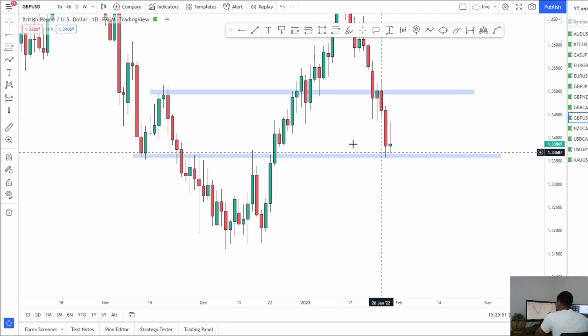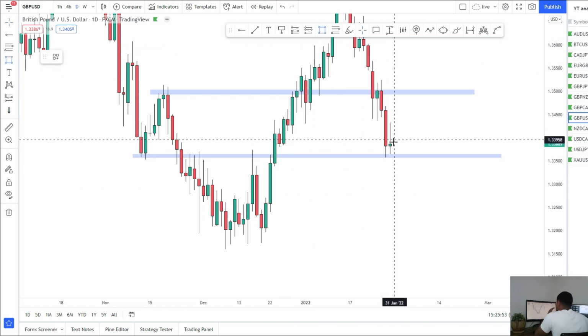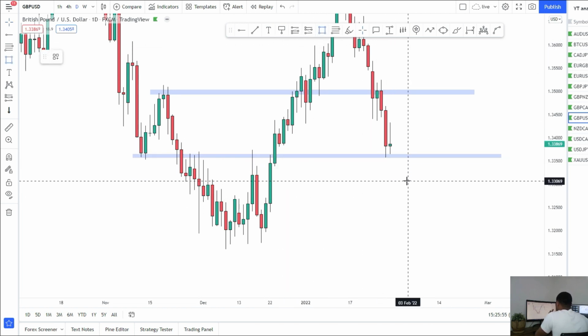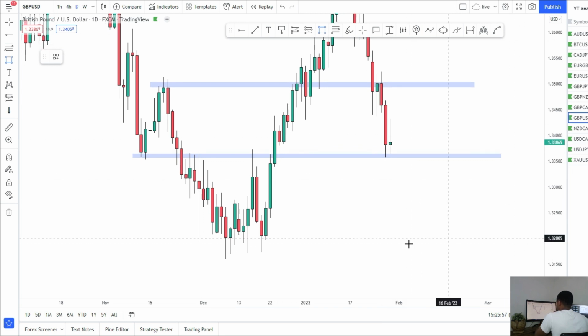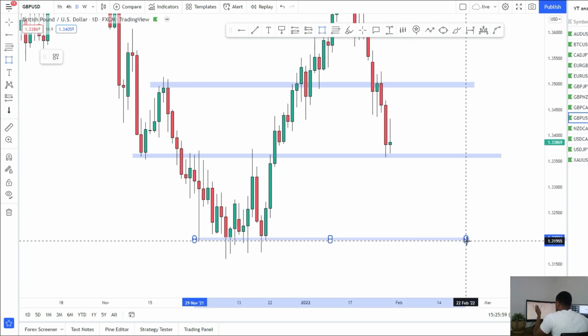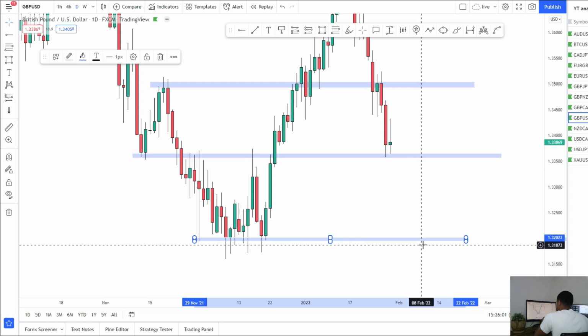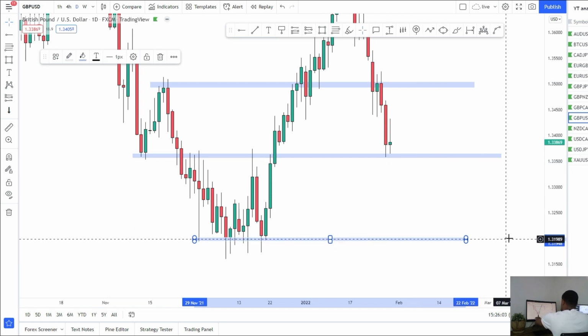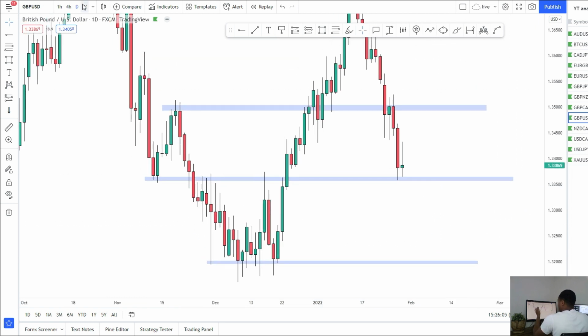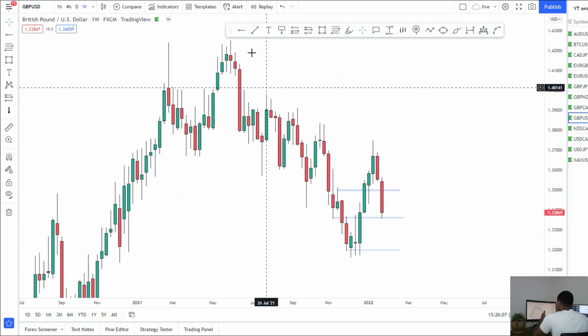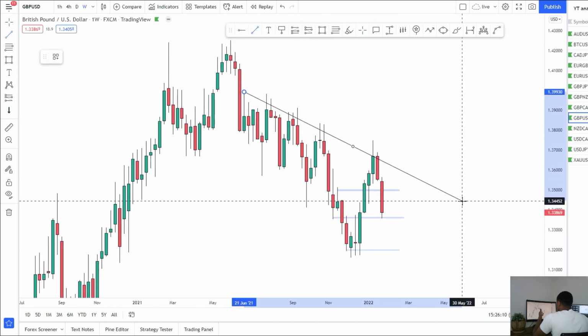However, if we do break through this and stay below it, because we could snap below and then come back above, false break, all that good stuff, that can easily happen. But if we do break through and start holding that as resistance, I'm looking at the market filling that range up to 1.32. And overall, if we do go into the higher time frames, the market is still technically bearish,